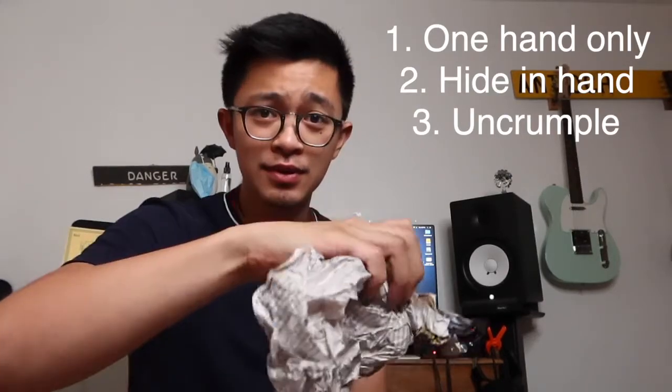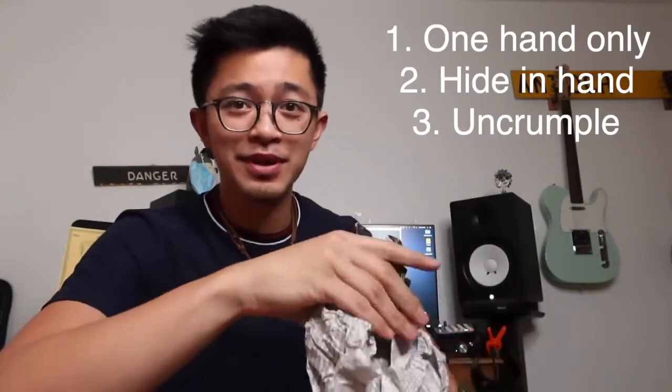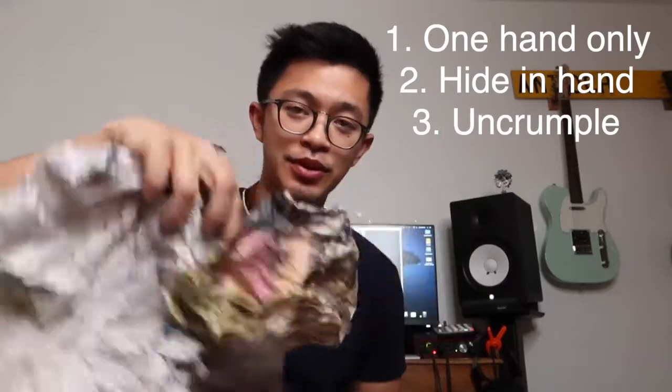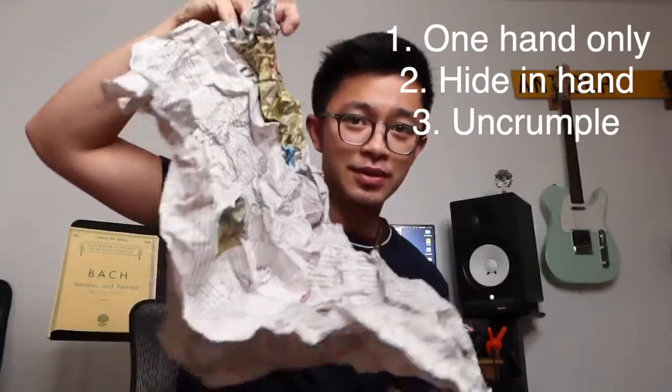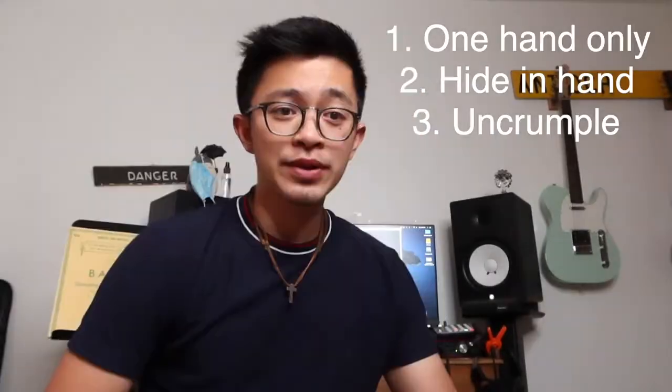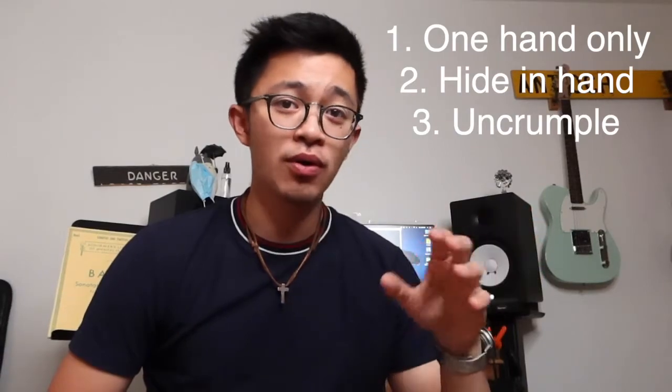Again, without having the table assist you or your lap or your other hand. Gotta put that behind your back, right? No shaking it out either. All right, there you go. Fully, mostly uncrumpled. While this pretty much exercises the same muscles as those grip strengtheners or stress balls that you find,